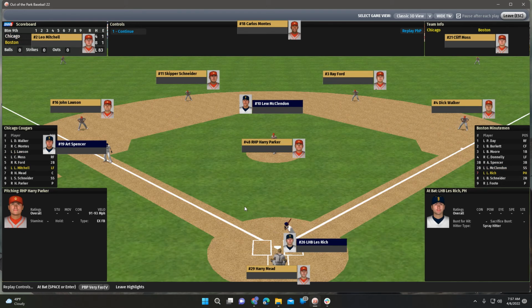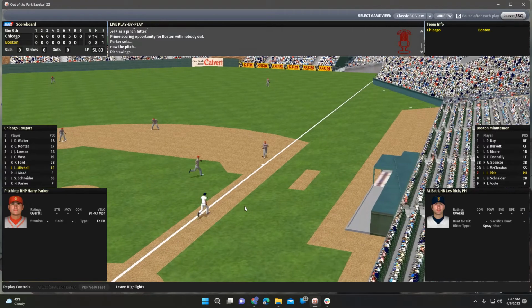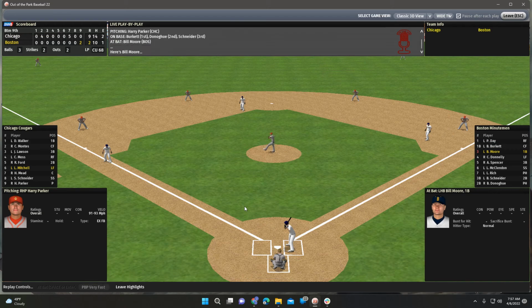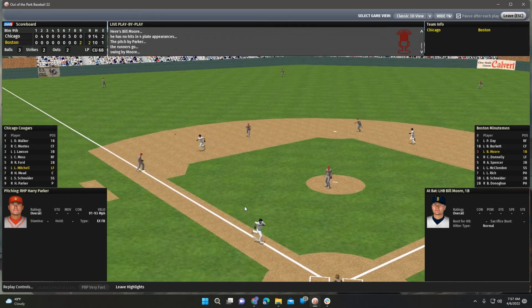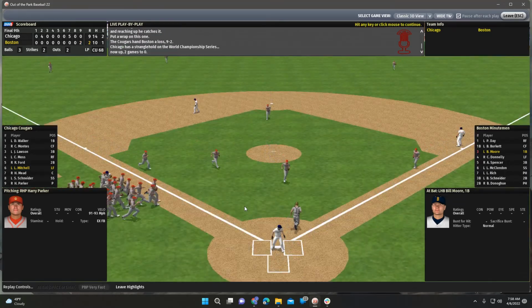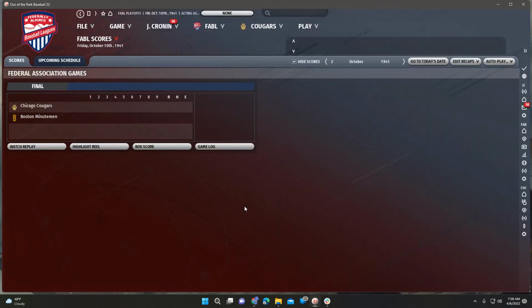Boston does have a couple men on here. We're in the bottom of the ninth. 2 men on. Harry Parker still on the mound. Les Rich at the plate, pinch hitting. And he grounds it down to first for the first out. 2 runs are now in. It is 9-2. Parker still on the mound. Bill Moore, the first baseman, at the plate. Pop to left. Left fielder Leo Mitchell didn't even need to move, and it's now a 9-2 final, and Chicago goes up 2-0